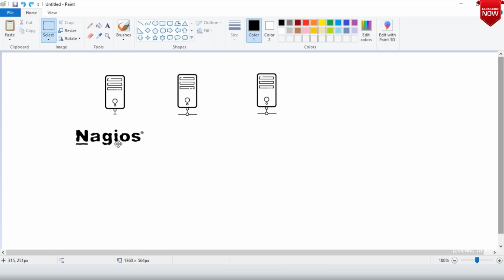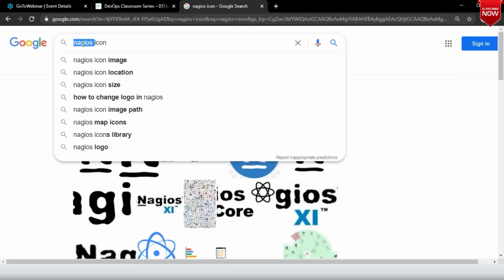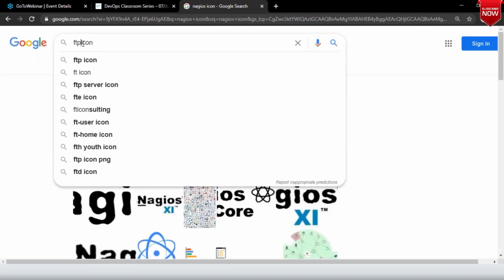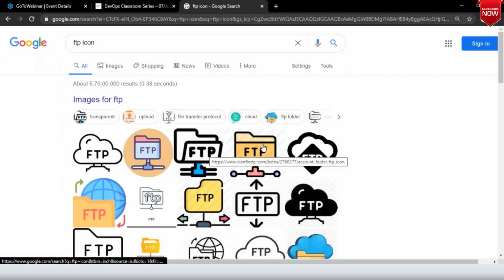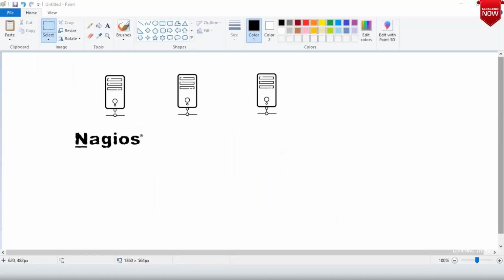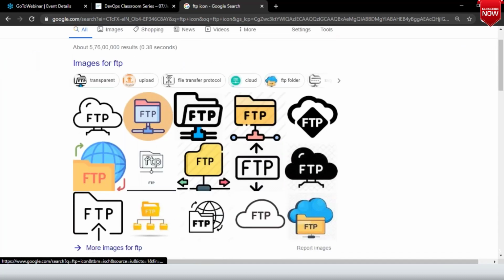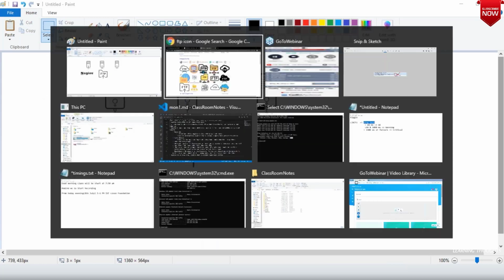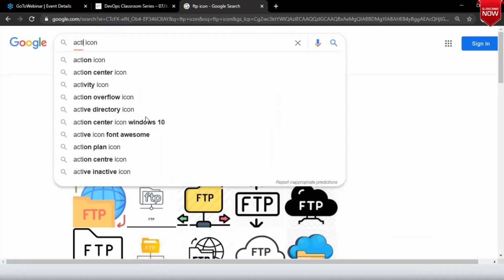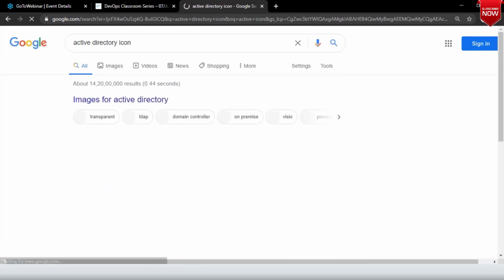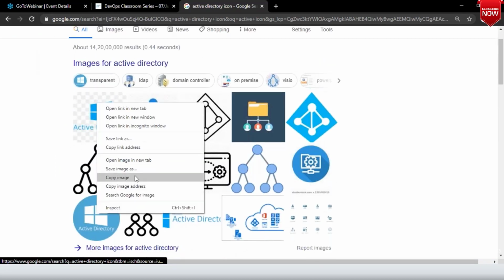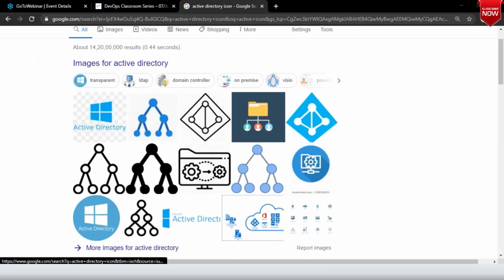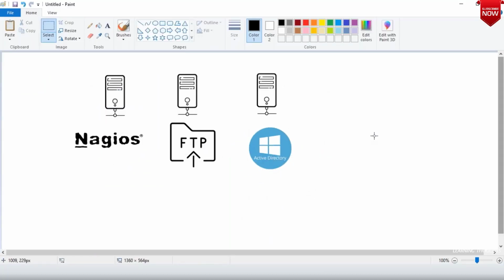And then, let me put it in this way, this is your FTP server. And this is something which I call Active Directory. All of these three servers are present in one network.